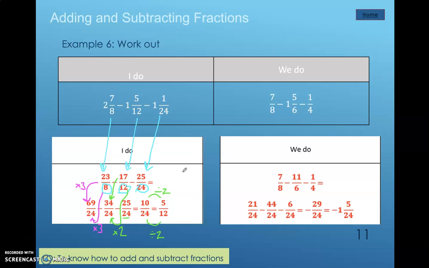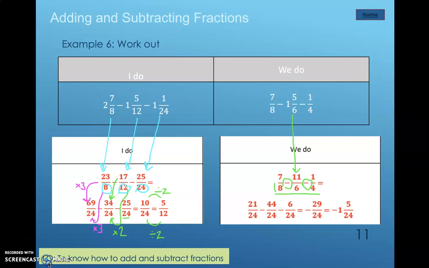Okay, so here we are. We've turned them improper to start with. So this is the only one that we need to just change. So one whole one will be 6 over 6. 6 over 6 add 5 over 6 gives us the 11 over 6. We're remembering to keep all the correct symbols we've been given. And now we have to turn our denominators all the same. So again, we could use 24. So our first fraction,